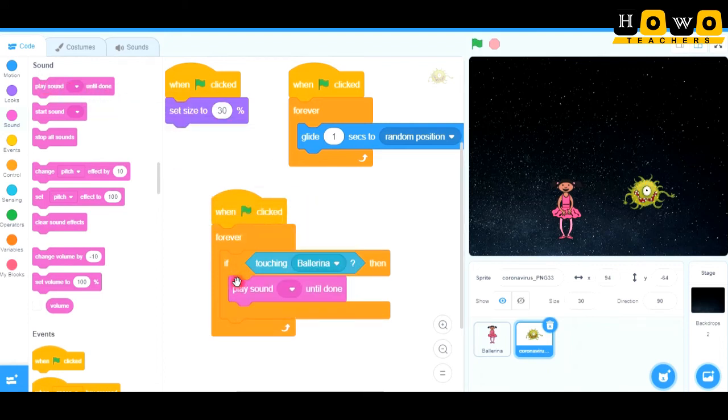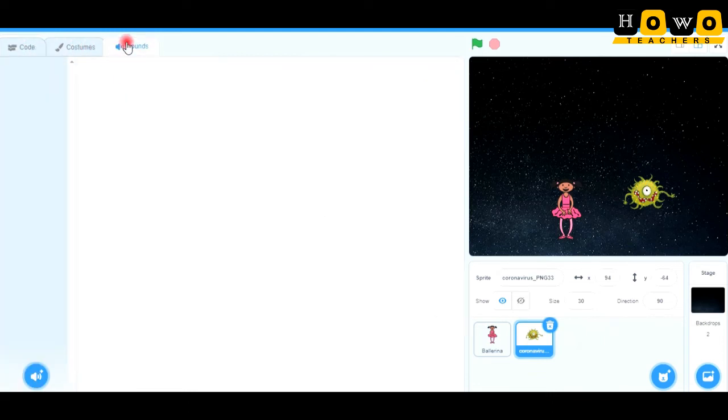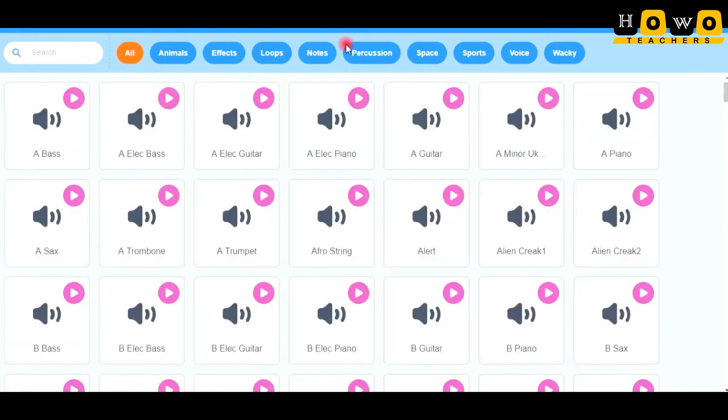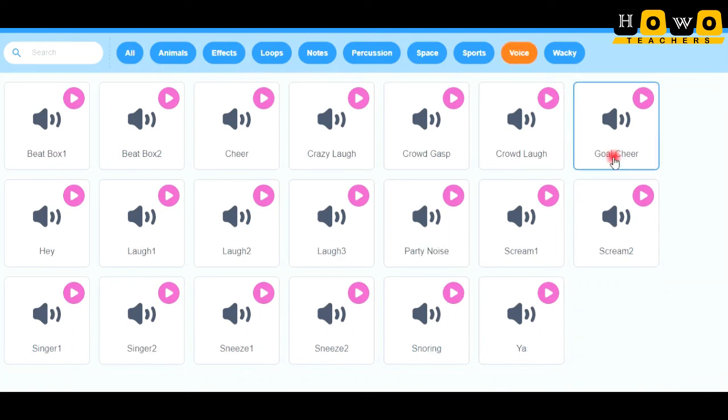I will be using this block, play the sound, but which sound will we be using? Let us first see the sounds that are already present here. I'm going to choose a sound. Here the sprite ballerina is a girl, so I'm taking a girl's voice.